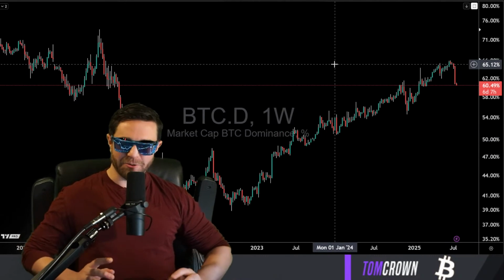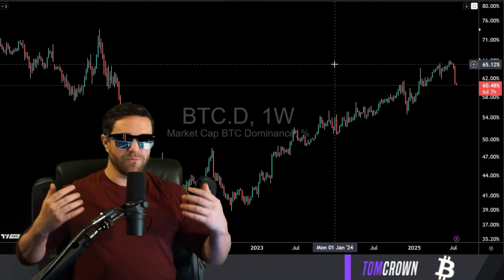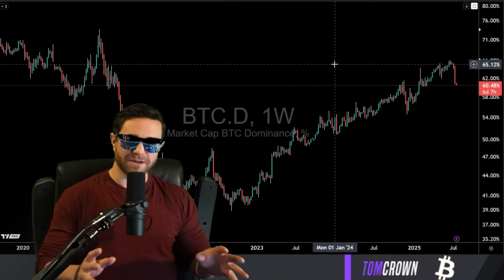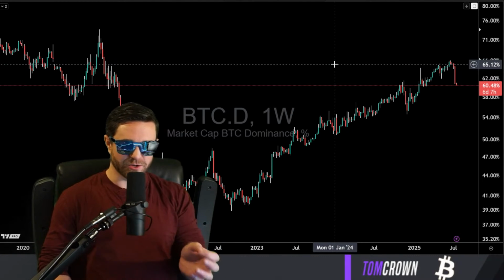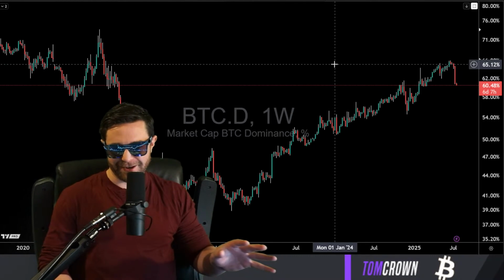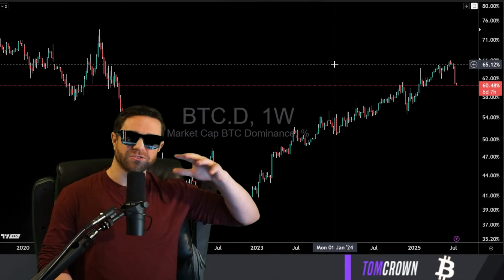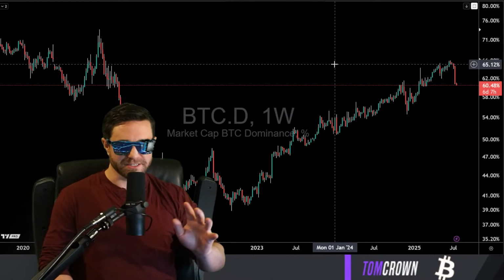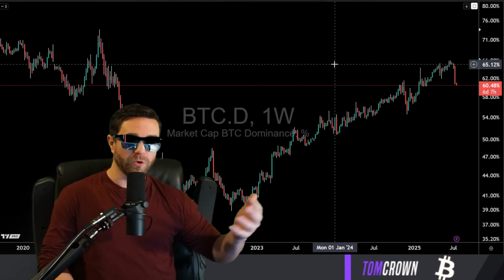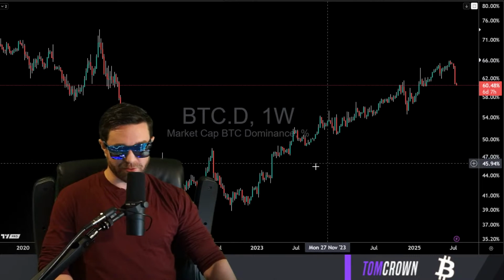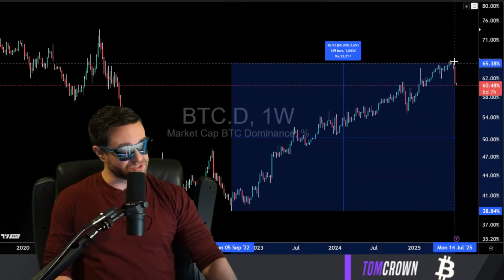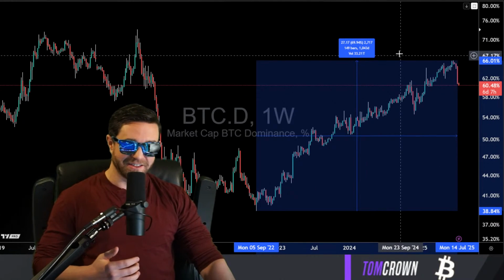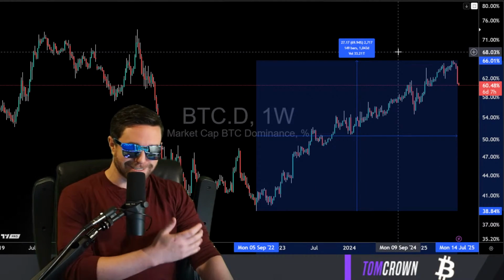Dominance, Bitcoin dominance basically just shows how much money, or when money is moving into the space. This is the way I like to think about it. Where that money is going and what percentage is going to Bitcoin. Now, it isn't exactly that, but that's the way I like to have that zoomed out view of what dominance is, where is capital flowing in? When dominance is moving up, Bitcoin is absorbing more and more of that capital. We have seen Bitcoin do this since 2022. It's been over 1,000 days of Bitcoin absorbing all of the investment in this space. And this is a little unusual.